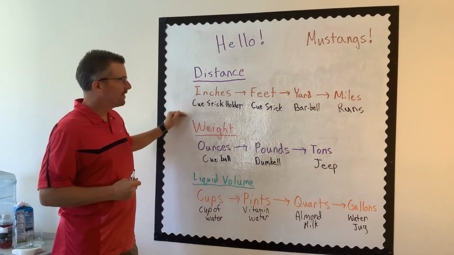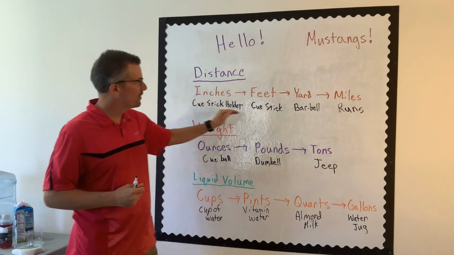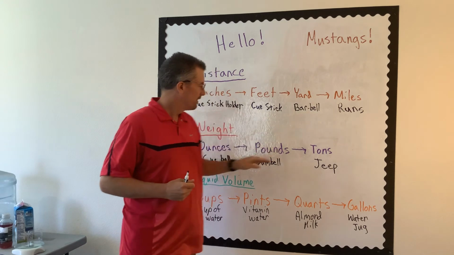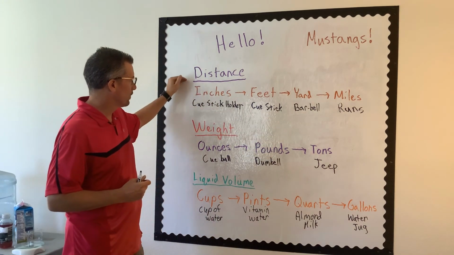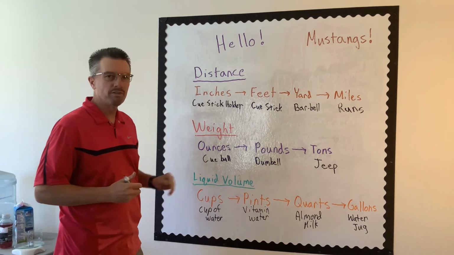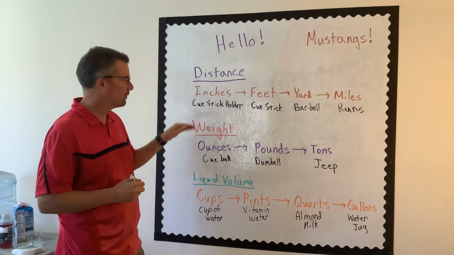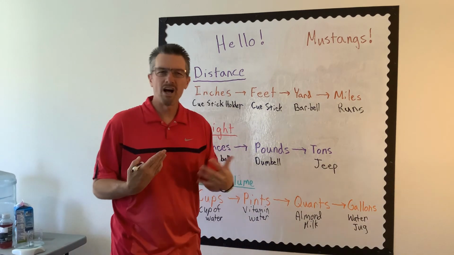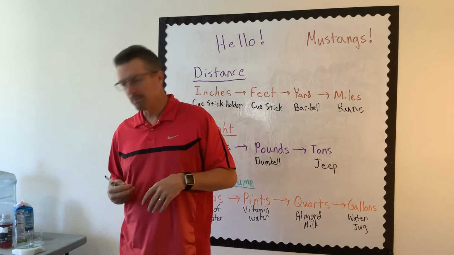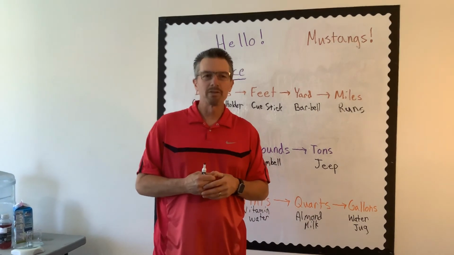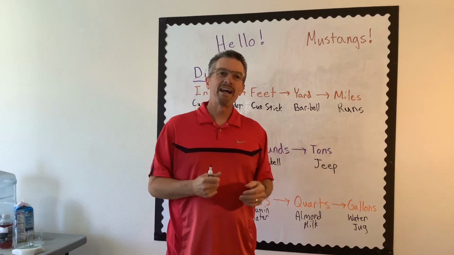And what I'm asking you to do, what your project is going to be, find something in your house that you would put into each one of these categories. 1 for distance, 1 for weight, and 1 for liquid volume. So that'll give you some things to do. Come up with something in your house, your garage, your refrigerator. Ask your mom, don't get in trouble, so get permission before you start grabbing gallons of milk out of the refrigerator. See if you can come up with something, classify it, turn it in,